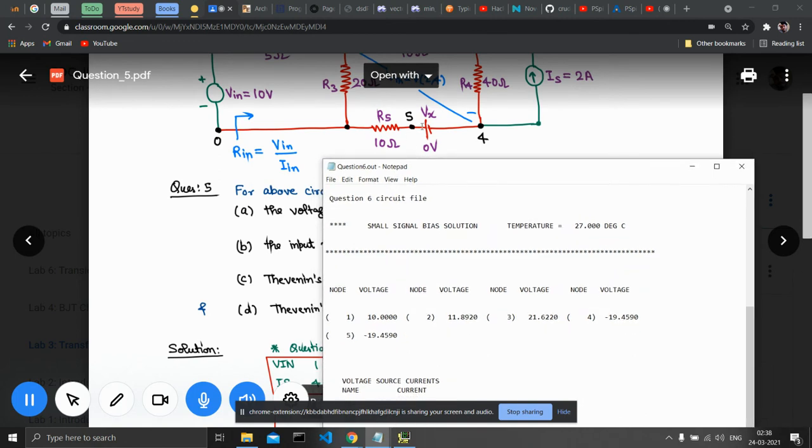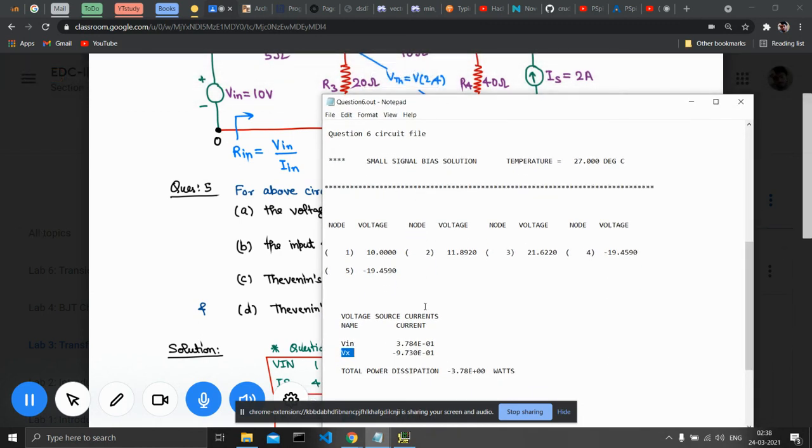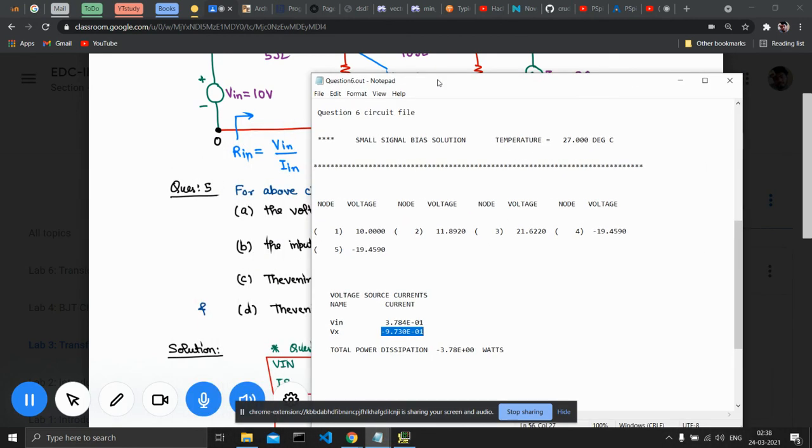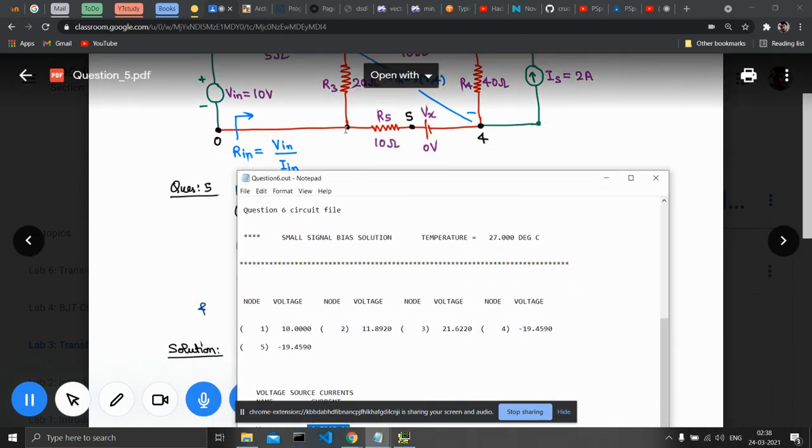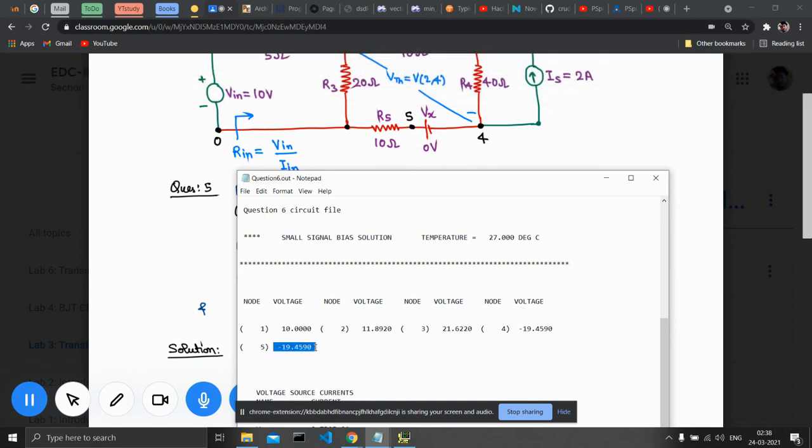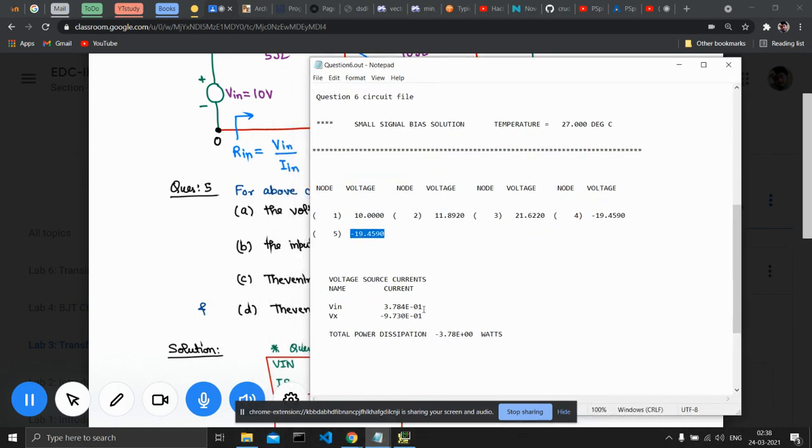So we have the current through Rs, the current through Rs will be this much. Now the current through Rs, we can verify this how. We have this as 0 volts and this node 5 voltage is this much. So when Rs is 10, you multiply this by 10, you should get this, and that's what we get.